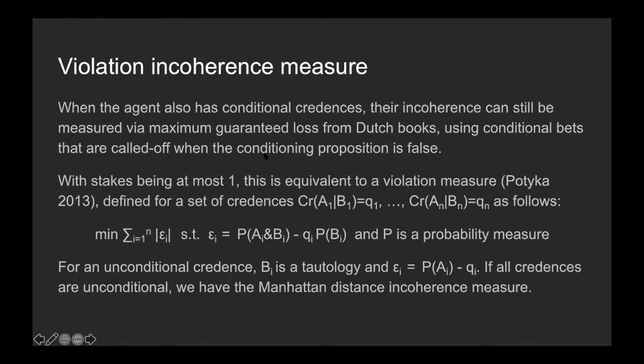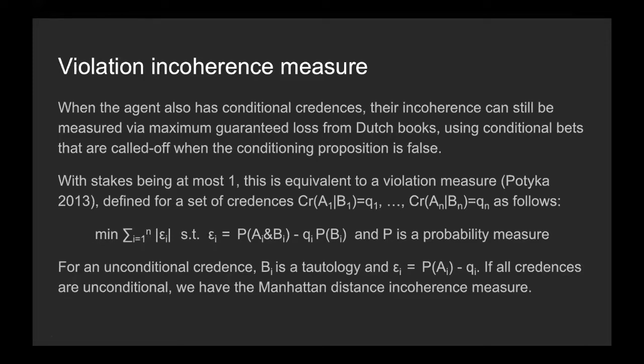And so that's one way you can do it, where again, we keep the stakes for each bet at most 1. And there's also a corresponding distance measure that we can use instead if we want. And this is kind of a violation measure. The basic idea of how this works is that you convert all of the credences to conditional credences. So, unconditional credences, you just make them into conditional credences, conditional on tautologies. And then you can define, using the ratio formula, these violation terms, and you sort of ask, okay, what's the distance between